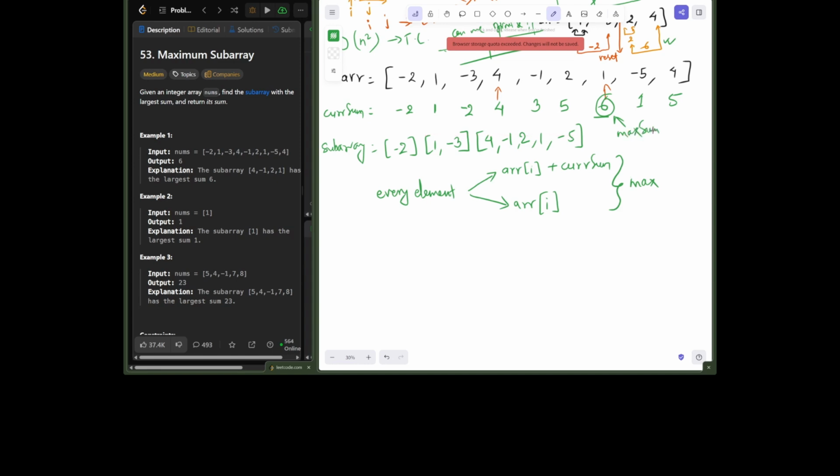So what we also do here is, while we are maintaining the current sum, we also maintain the maximum sum, and we return the maximum sum out of this problem. Let me write something here. What I can do now is, I don't need the sub arrays, but